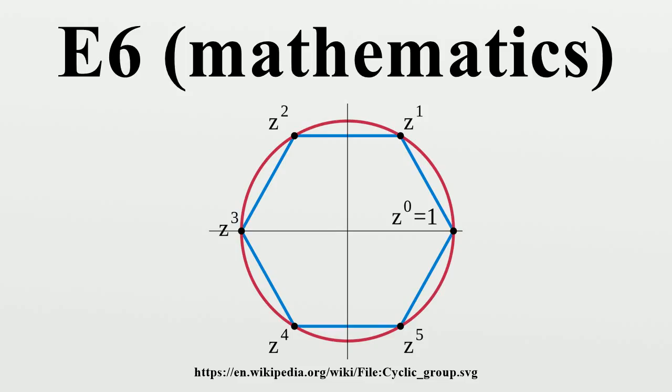The underlined terms in the sequence above are the dimensions of those irreducible representations possessed by the adjoint form